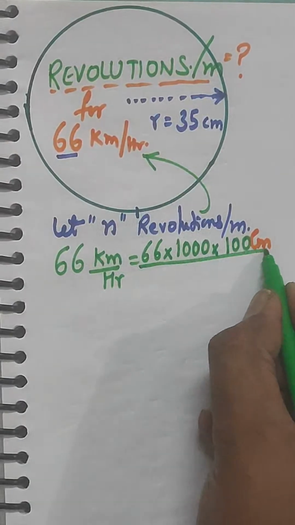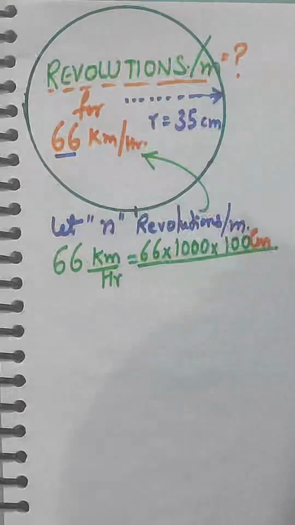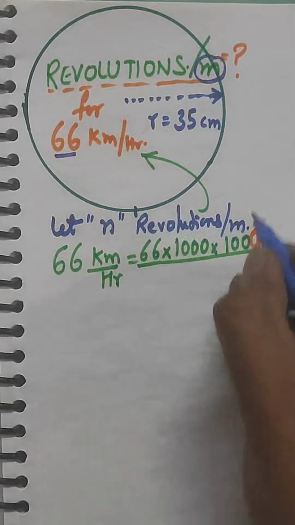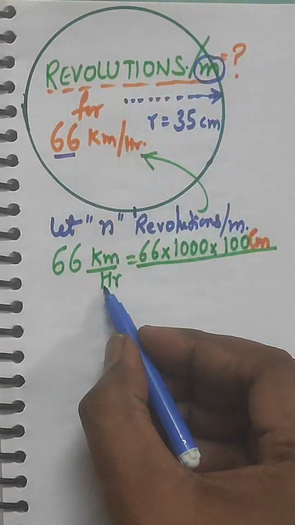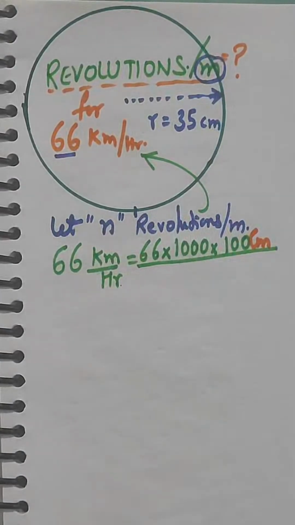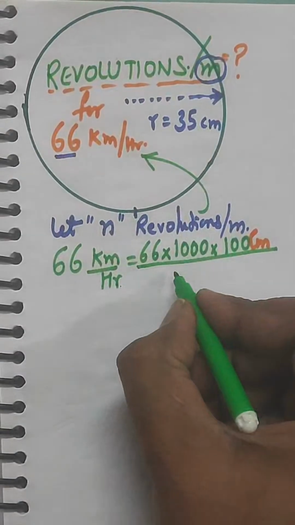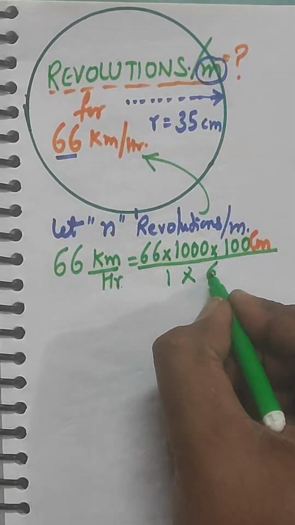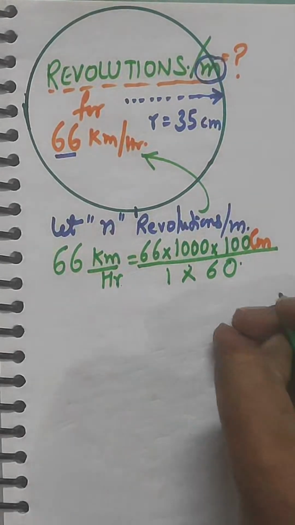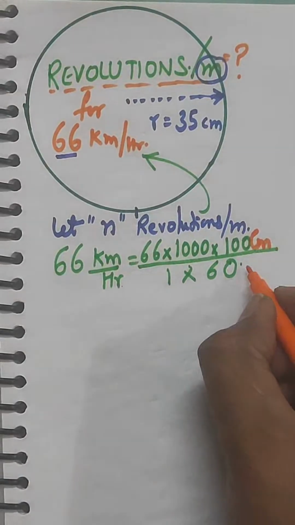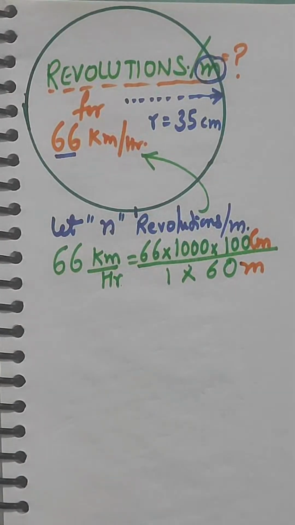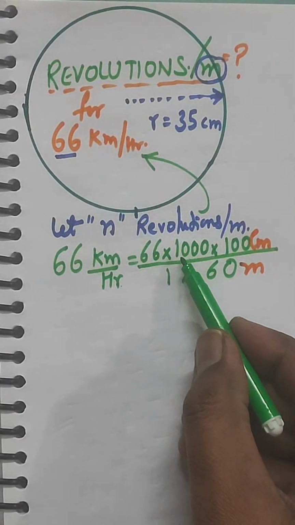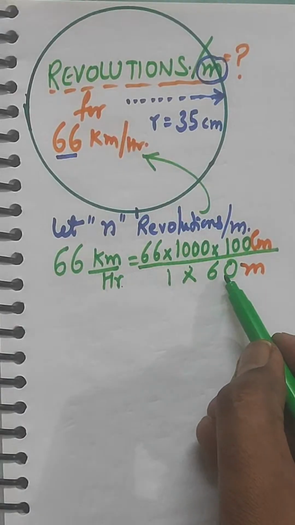Instead of hour we need this in minutes, so this hour should be converted into minutes. We know that 1 hour consists of 60 minutes. So basically 66 kilometer per hour will be equal to 66 into 10 power 5 divided by 60 centimeter